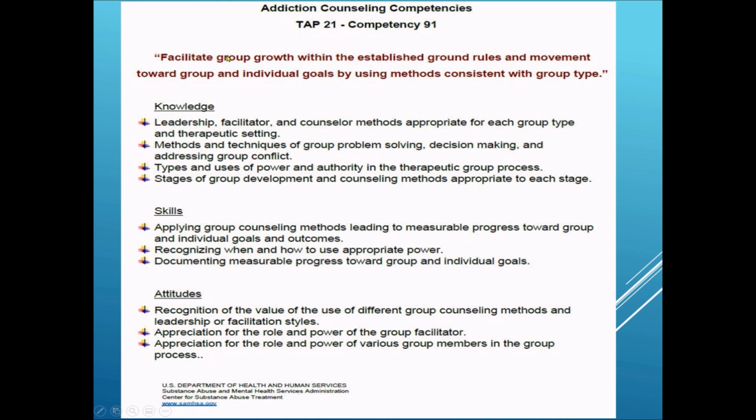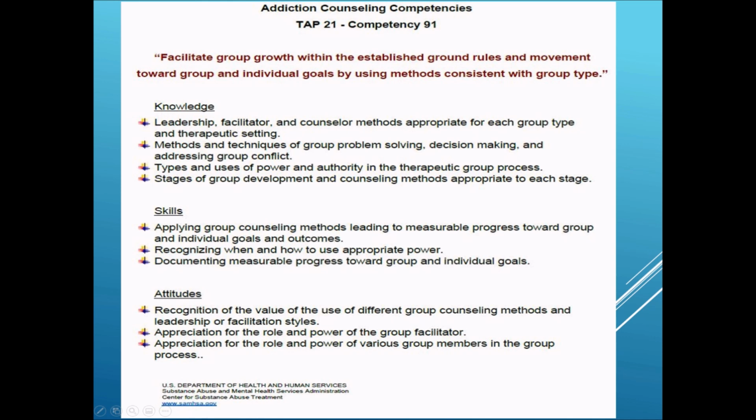So: facilitate group growth within established ground rules and movement towards group and individual goals by using methods consistent with the group types. So we're looking at group and individual goals. There's another lesson on group goals, so you know what they are and can identify them when they happen, and you want to be able to document that too, and that the individual is progressing towards their individual goals as identified in their treatment plan. Okay, so this is the knowledge that you need, and you can look through this, but here's where you are: